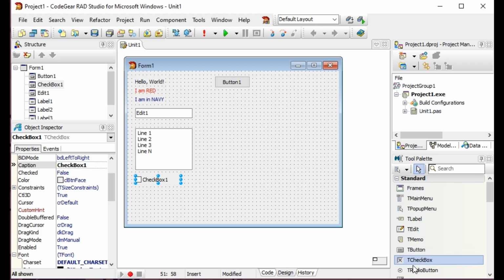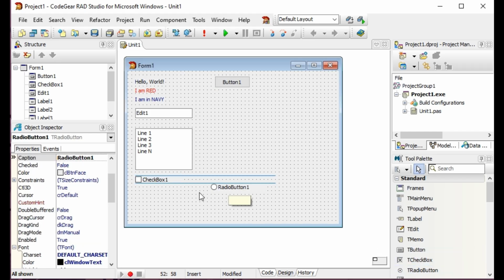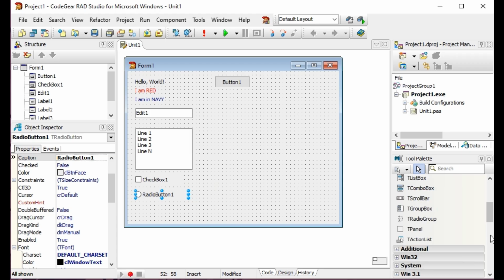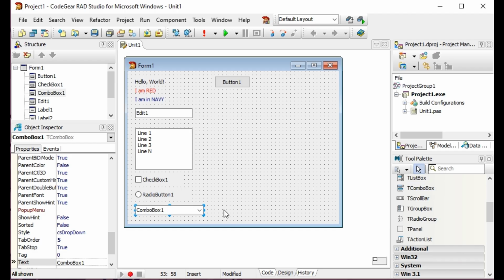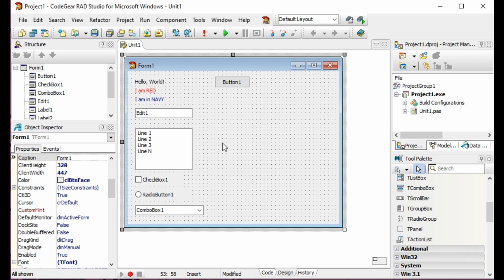Checkbox, radio button, combo box. Okay, I think it's enough. Let's try to do the conversion.